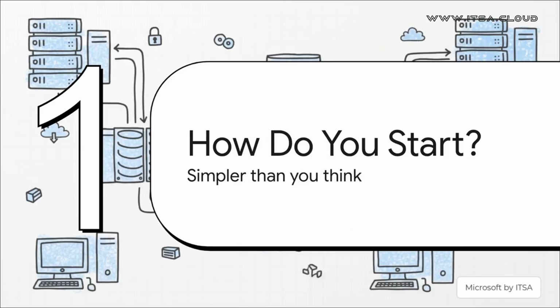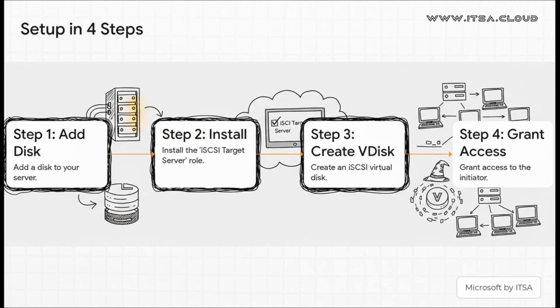All right, I bet you're sold. You want to try this thing out. And you're probably thinking, okay, something this powerful has got to be a nightmare to set up. But the best part? It's actually really, really straightforward. I mean, really, it all boils down to just 4 steps. You find some storage space on your server you want to use, then you pop open Server Manager and install the role. It's literally just checking a box. From there, a wizard walks you through creating a virtual disk, and the last step is just telling it which computers are allowed to see it. And that's it, you're off to the races.